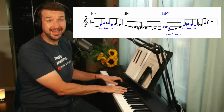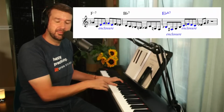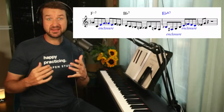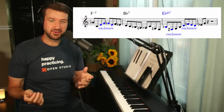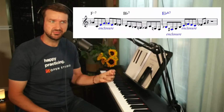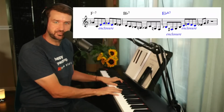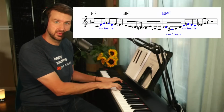Right? Again, in context, this chord is actually a half diminished chord, but it happens so fast. It's breakneck. This tune is meant to be played rather fast. I think on the record it's right there. Yeah, right there. So that's the first bar, right? We go into this first enclosure where F is our target, and then we go down,